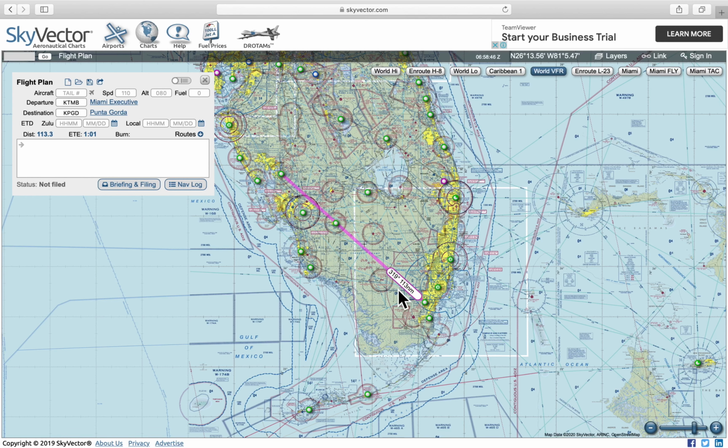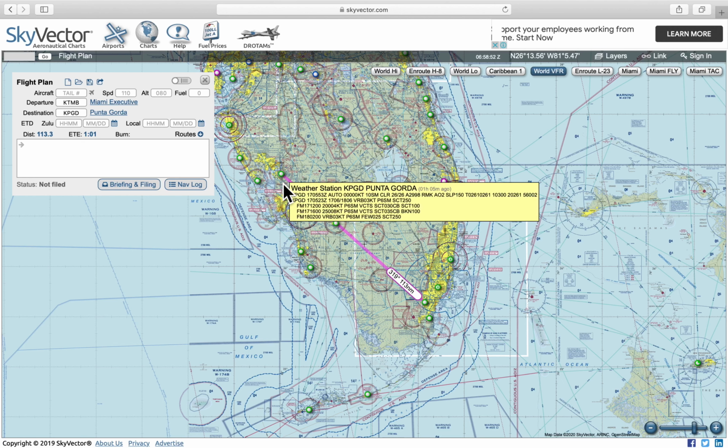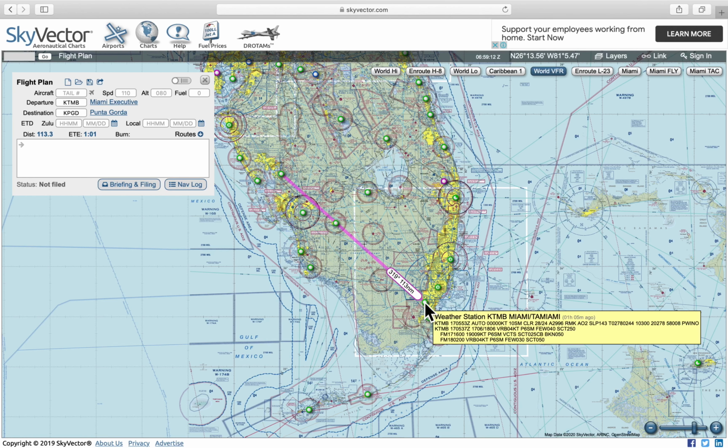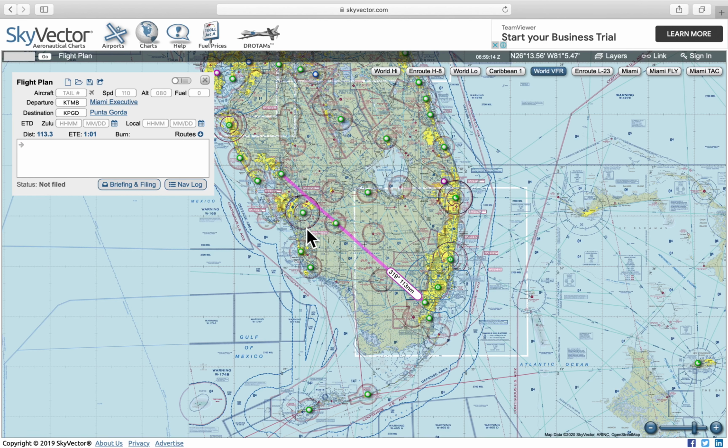319 degrees means if you go from here to here on a track of 319, you will reach here directly. So this is the direct track from here to here, which is 319 degrees. And this, as I already told you, 113 nautical miles is the distance from here to here. So we just used to build this before every cross country.